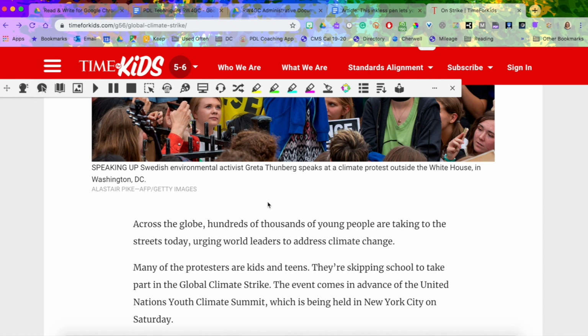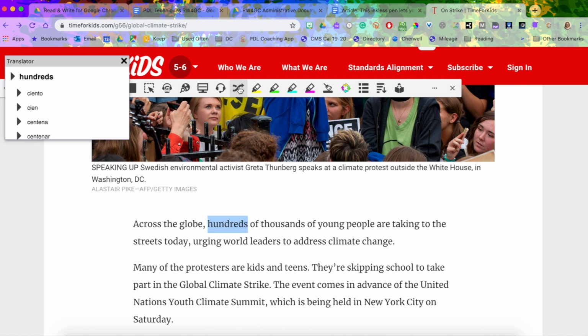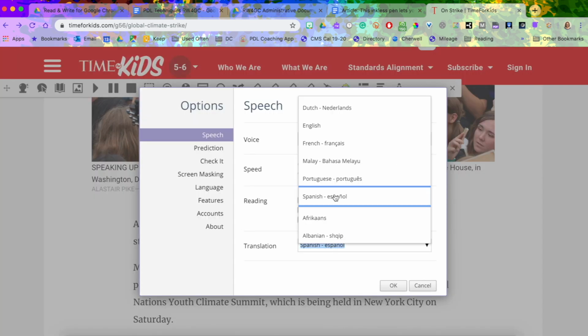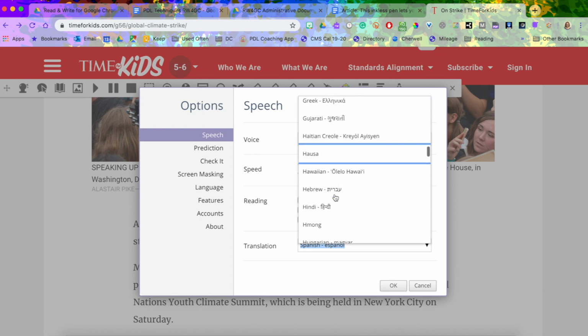Another great feature here is the translator. The translator in Read and Write for Google Chrome will not translate everything. It will only translate word by word. So if I click a vocabulary word that I'm unfamiliar with, I can have it translated into my language, and I can hear it in English. Hundreds. And also in the language I have chosen. The language here chosen is Spanish, but if you look under the options, you'll see many language options based on